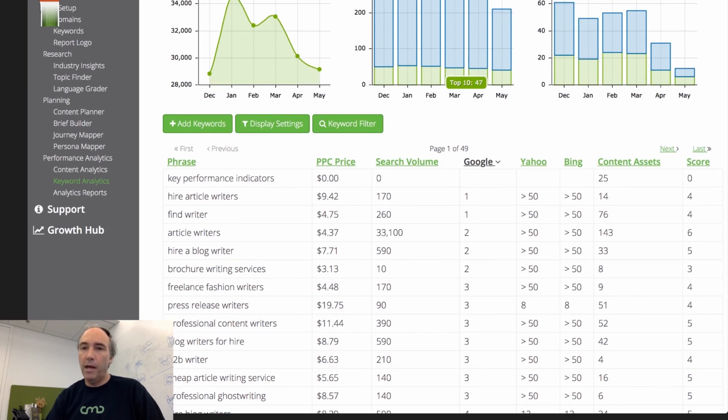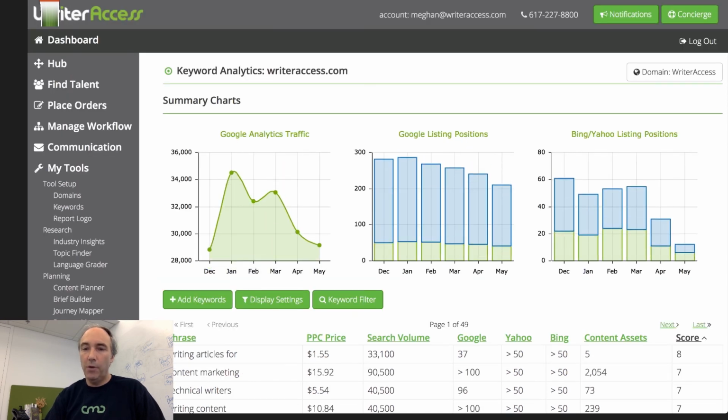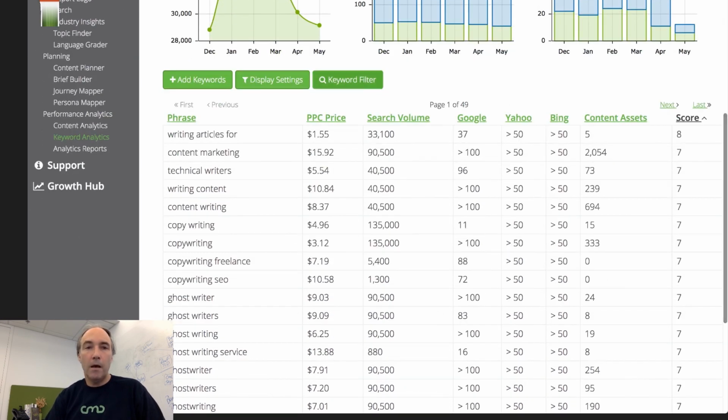We also created an algorithm that scores each keyword and helps us identify the keywords that we should be creating content for. If, like, here is a position 37 at Google, it's got a lot of search volume, so our technology is saying, hey, we should go create some content around writing articles for blank. So it's giving us some nice recommendations using some technology.